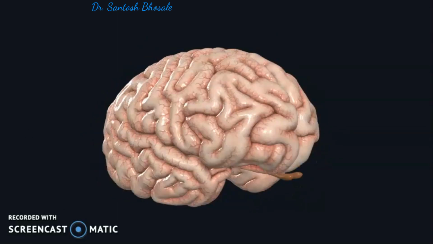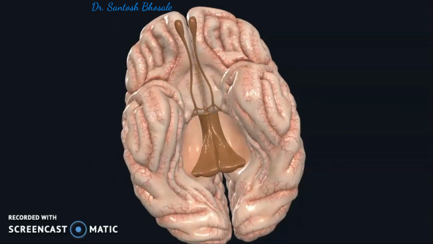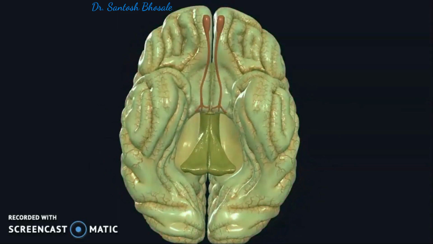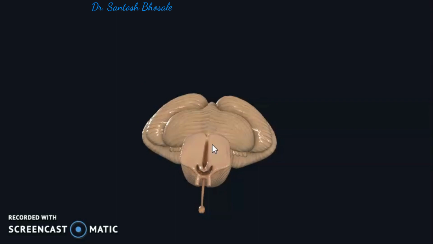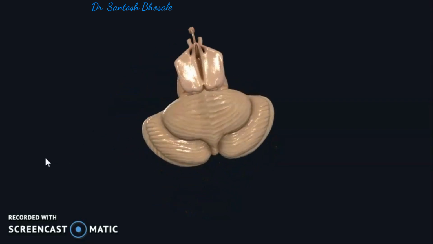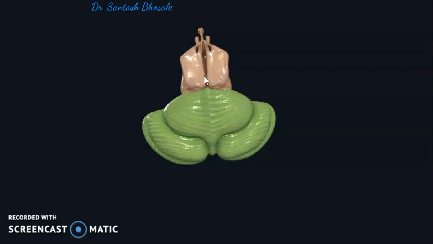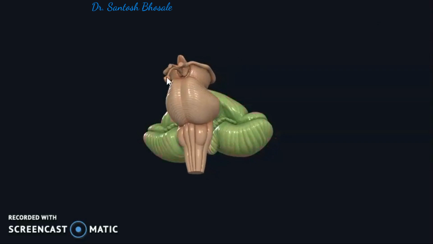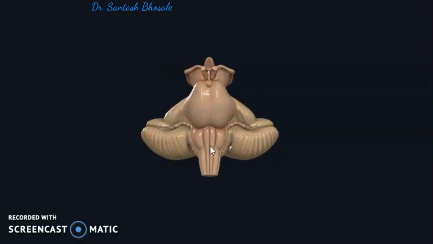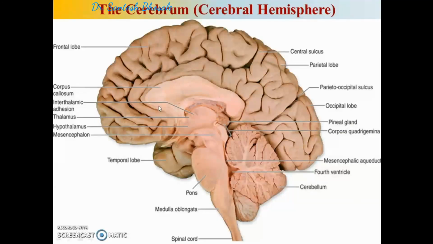When you isolate the cerebrum and view it from above, it is ovoid in structure and consists of two cerebral hemispheres. This is the cerebellum with the brainstem, as you can see here, the midbrain, and a median space that is called the cavity of the third ventricle, separating the two cerebral hemispheres. And this is how you see the different parts of the brainstem and brain. So here you can see the corpus callosum again, which is holding the two cerebral hemispheres together, and you can see the anterior commissure there, the interthalamic adhesion, and the thalamus.